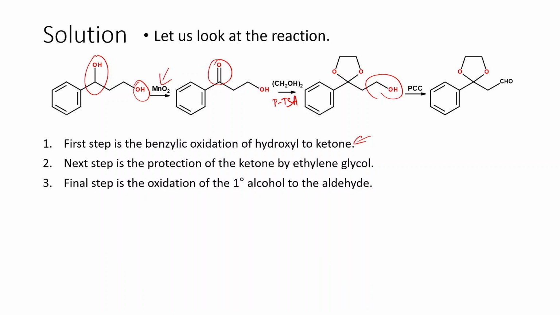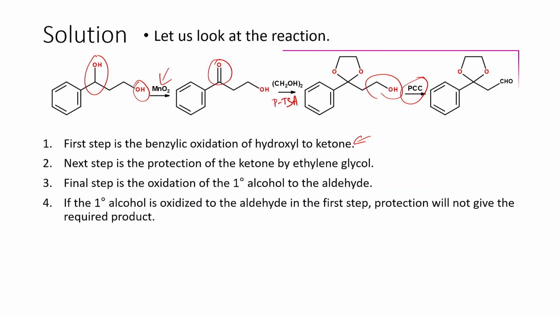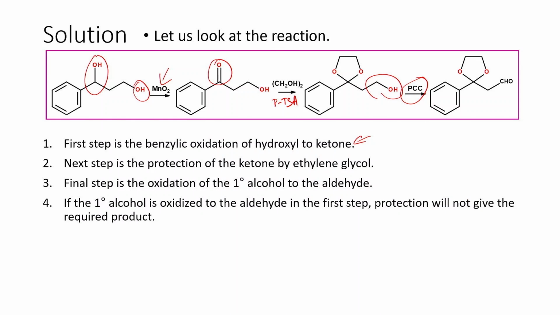hydroxyl can be oxidized to aldehyde by PCC, because PCC will oxidize any primary or secondary alcohol. Okay, so we have a primary alcohol here, then use PCC, then it will automatically oxidize that to the final product. So this is how we can use the reactions in the sequential order. If the primary alcohol is oxidized to the aldehyde in the first step itself, then protection will not give the required product, because we want the carbonyl ketone to be protected and we want the aldehyde to be free. So that is the one thing we have to be very sure about, how to use the choice of reagent in